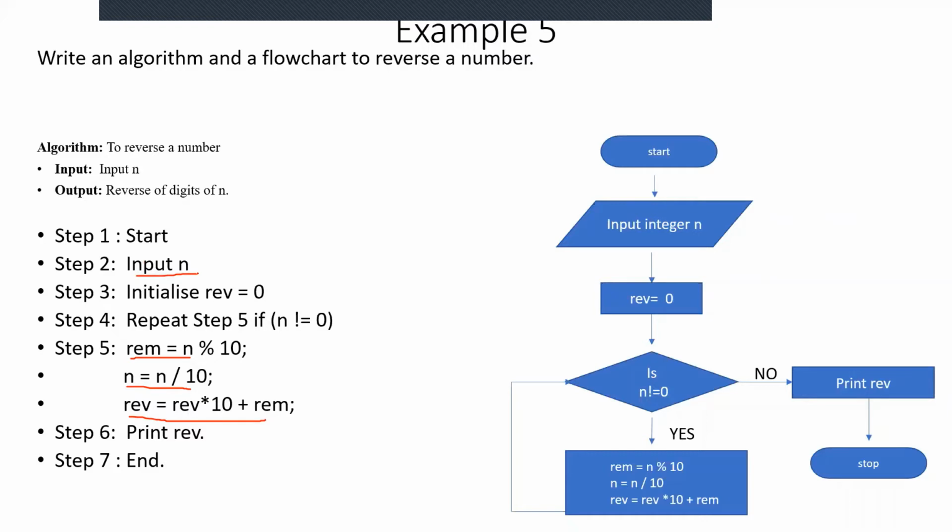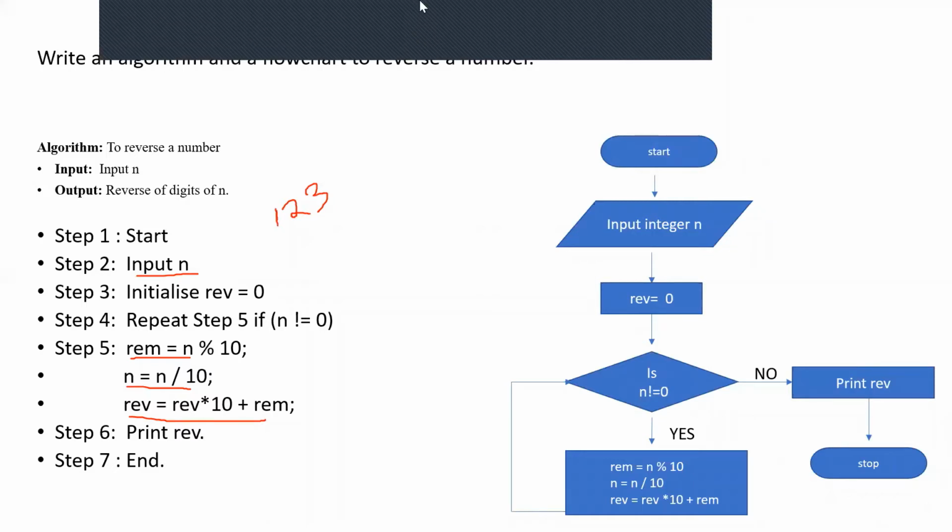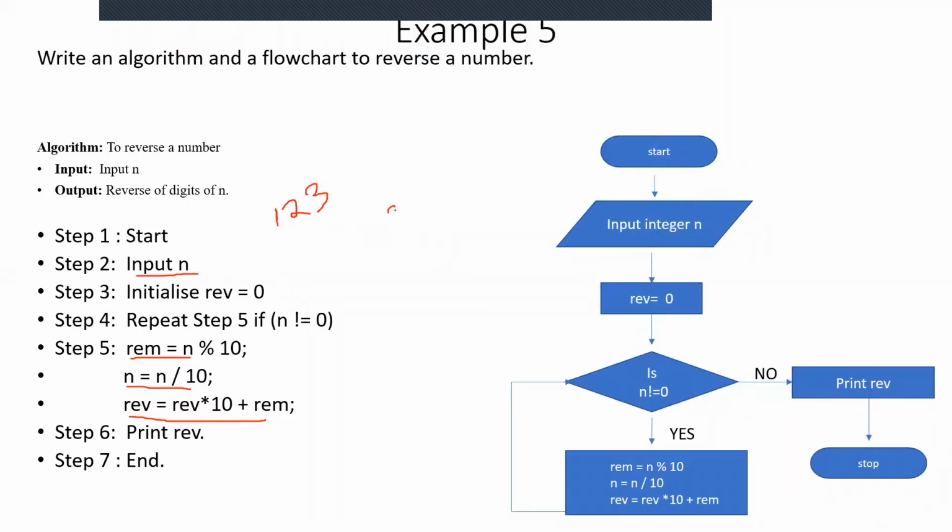So first we will be accepting the number. If you are entering the number 123, we know what the reverse of 123 will be. 321, ma'am. Right. 321 will be the reverse of this number. In order to print the reverse of this number, what exactly do we have to get? Instead of 123, if I want to print 321, I should first print the last digit of the number, which is 3. Then I should print the middle digit, then the first digit of the number, right?